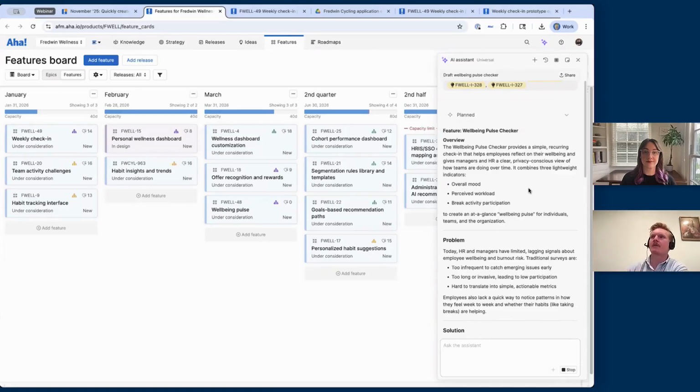I can chat back and forth to refine this feature description, but it's a really great starting point. Now, let's get to the AI-powered prototyping. So over to you, Sarah, to introduce that first step. And if you haven't already tried using that AI assistant before now, I'd say go try it out before or